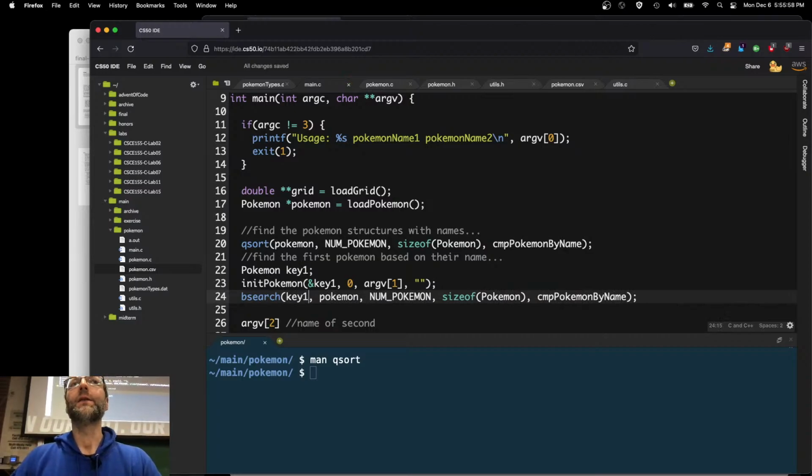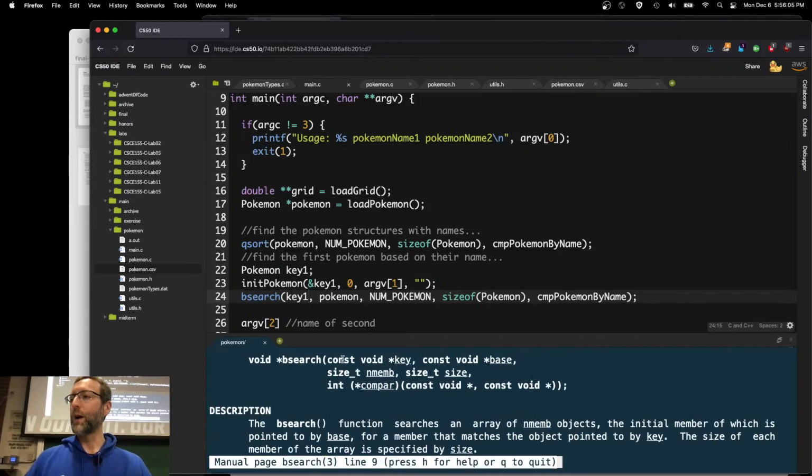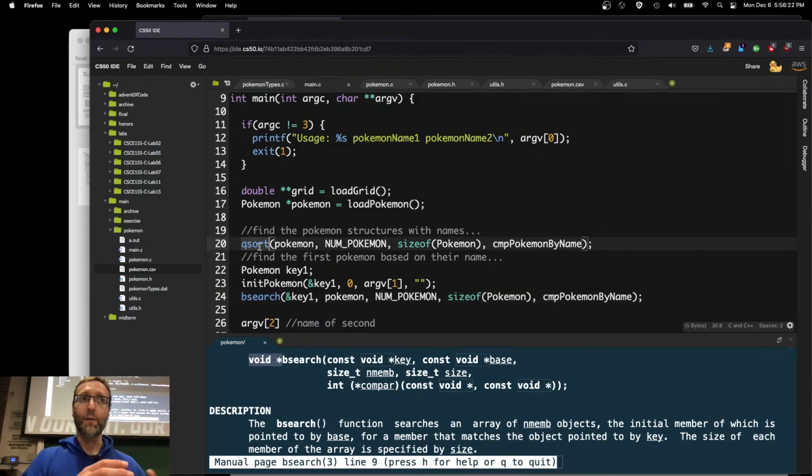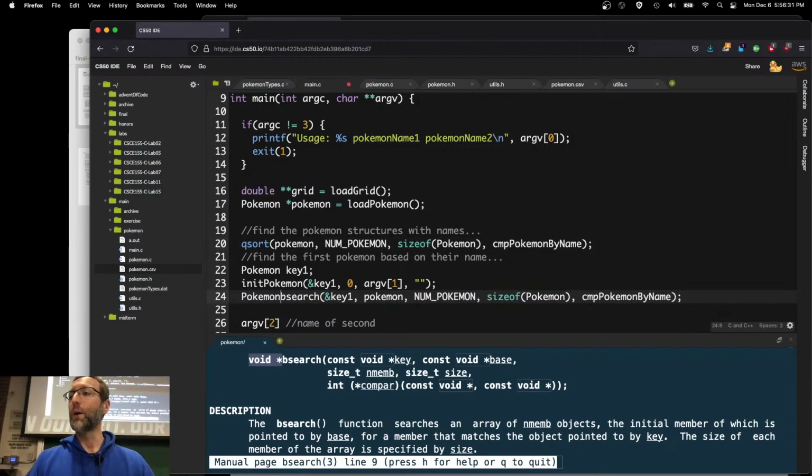Is that how I pass it in though? It requires a what again? Man bsearch. It requires a pointer. So how do I take a regular old structure and make it into a pointer? Ampersand yet again. And this actually returns something. Qsort doesn't return anything because it's just taking the array and modifying it. bsearch is searching through the array and gives you back a pointer to that needle in the haystack if it finds it. So Pokemon